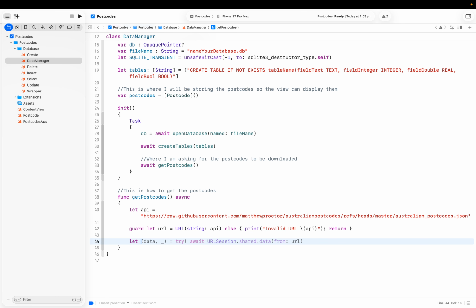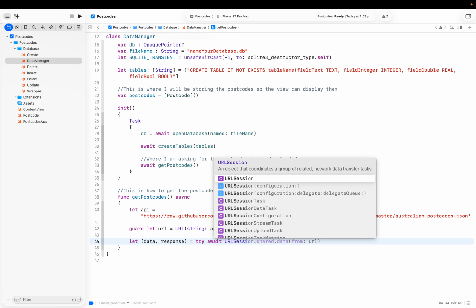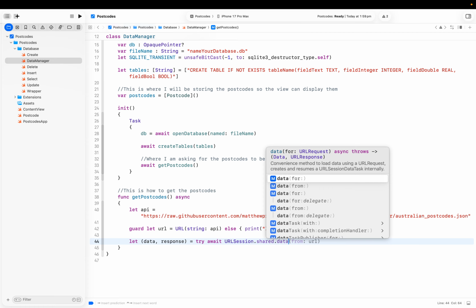So I'm going to do a let data and response equal try and await a URLSession.shared.data. And I want to stop there for a second because I've missed something, and it's because I haven't read what this particular method does. So URLSession is an object. Like we've made our data manager and postcode, it is an object, and it contains a variety of functions which are referred to as methods. And this particular method called data